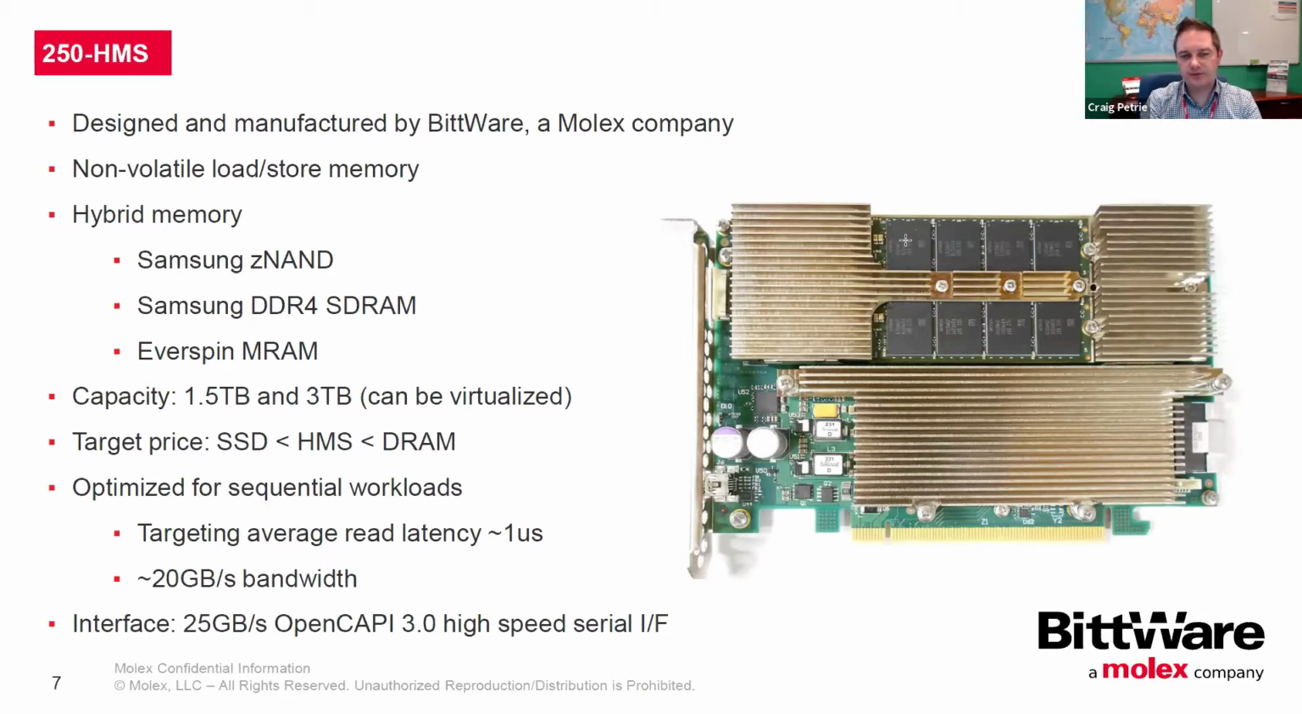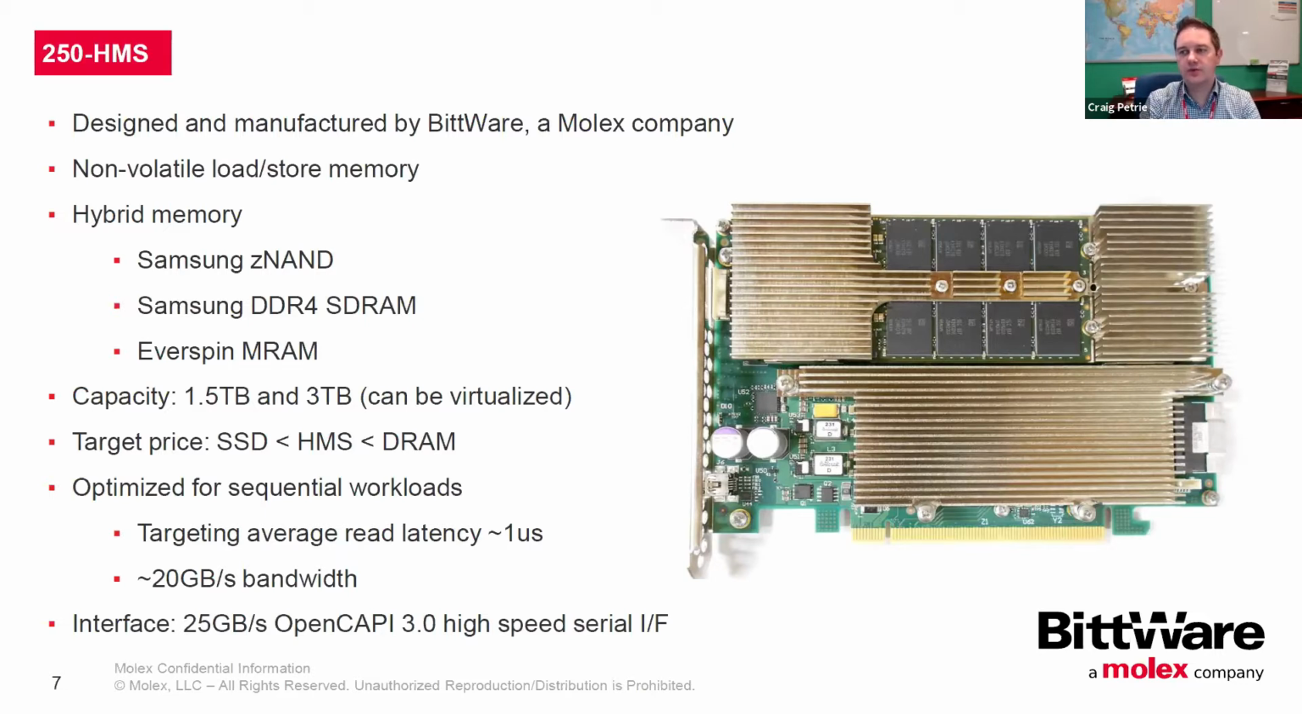We also have Samsung DDR4 SDRAM. We also have SRAM inside the Xilinx FPGA, which you can't see there, but is underneath the heatsink on the bottom. And finally, we have Everspin MRAM as well. Now, each card can support up to 3 terabytes of ZNAND memory, which can be virtualized. Importantly, we are able to hit the target price between traditional SSDs and DRAM,